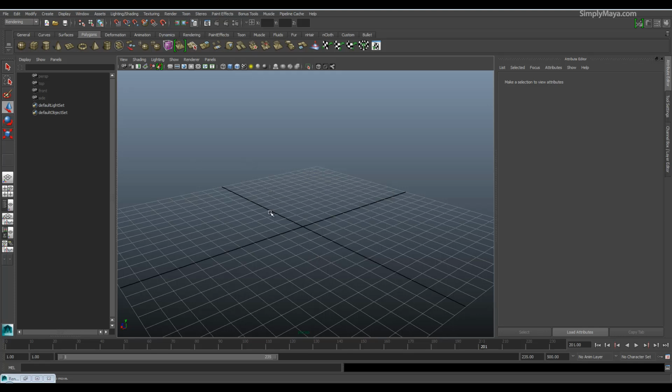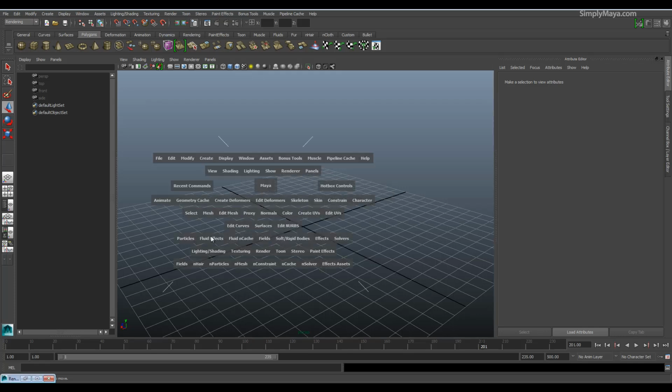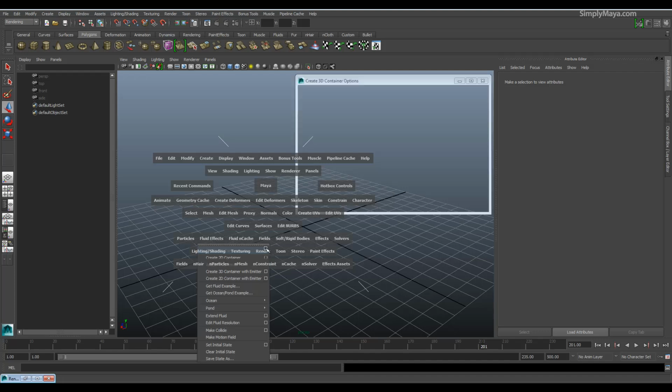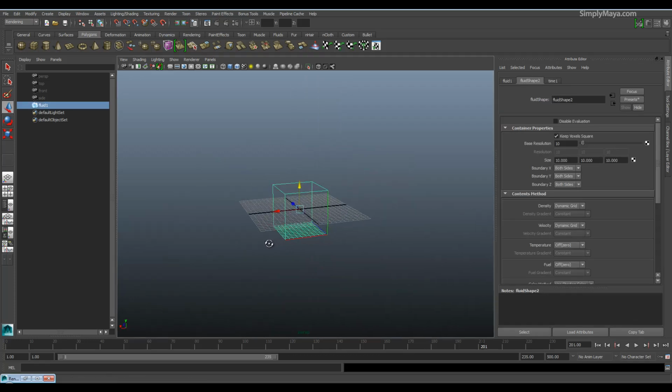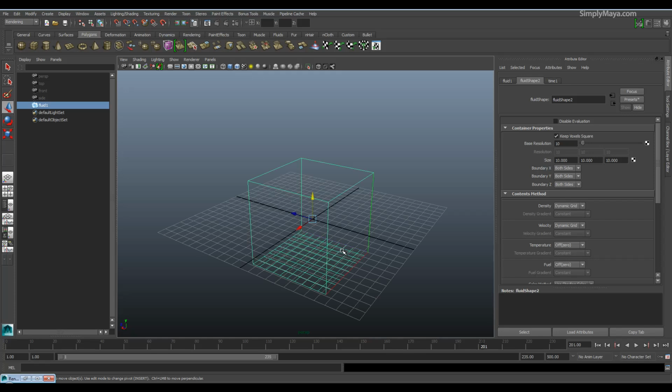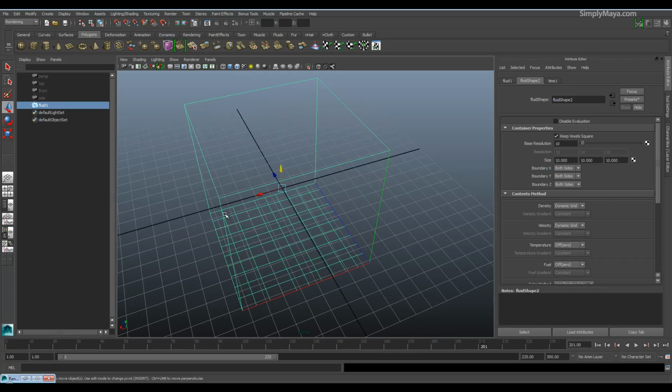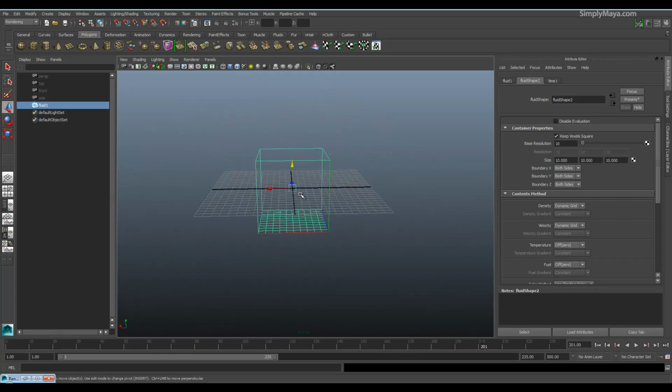So I'm going to just pop open the hot box and create a 3D container. Just make sure this is all reset, and I'm going to hit apply and close. Now this has created for us the 3D container. However, this grid is in centimeters at the moment, so this is a pretty small container with a lot of